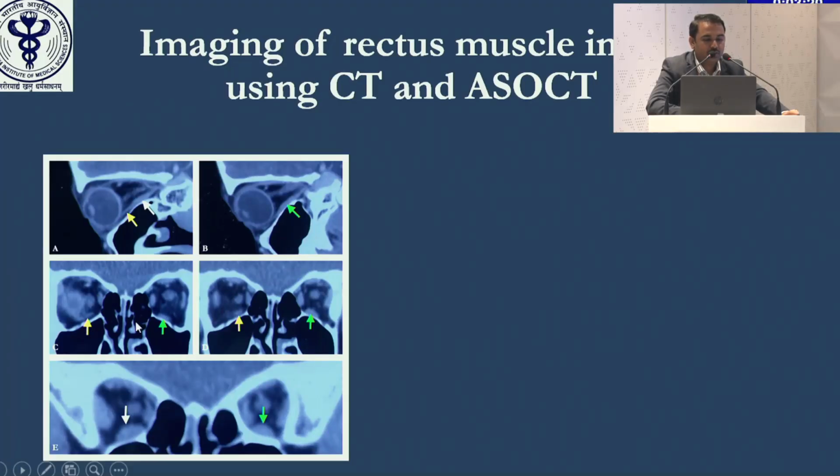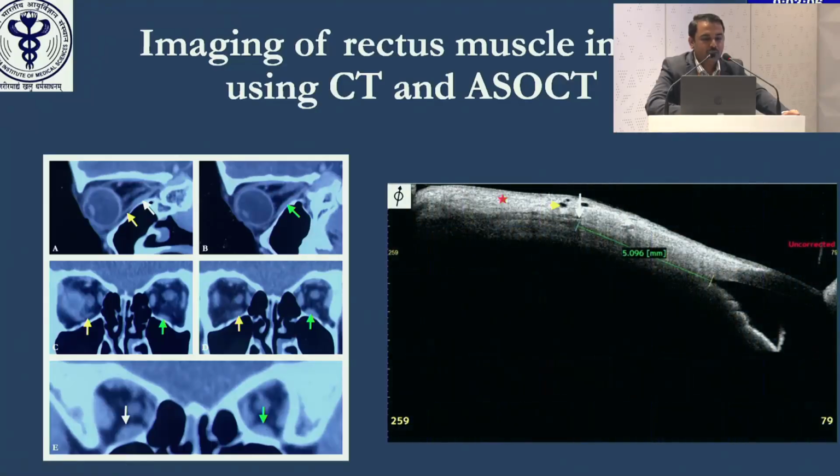These are the coronal sections, which show that in the anterior portion, the tendon is thin in the right eye and there is normal bulk in the left side. If you go towards the orbital apex, you can see the corresponding belly bulk here in the right side, and normal bulk in the left eye. So in these cases, we don't know where the muscle is.